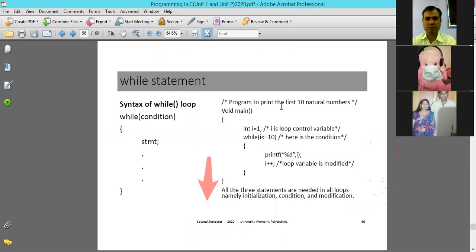It has been used to print the sum of first 10 natural numbers. Okay, the program is same as we have studied earlier. The logic is also same. The integer I has been declared and initialized at 1. Now we are using the loop. Instead of go to and if statement, we are using the loop. So what the loop is doing is